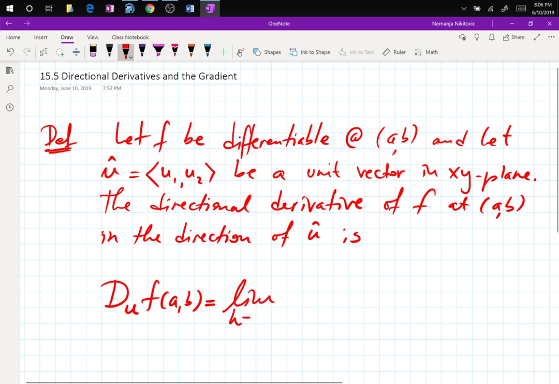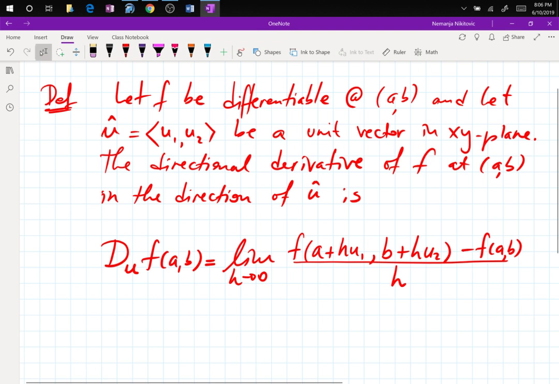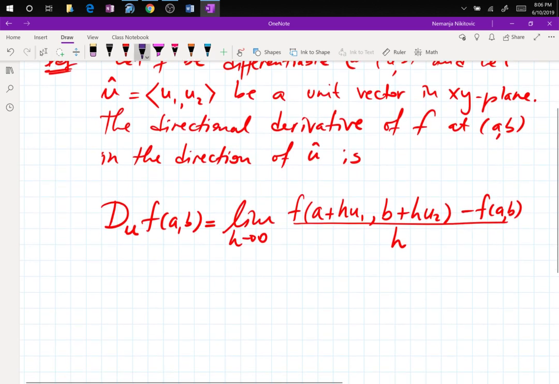the limit as h goes to 0 of f of (a plus h u1, b plus h u2) minus f of (a, b), divided by h. So this is the definition to calculate the derivative, but as I mentioned, this is not the way that we calculate the derivative, because it's a limit. We use the formula